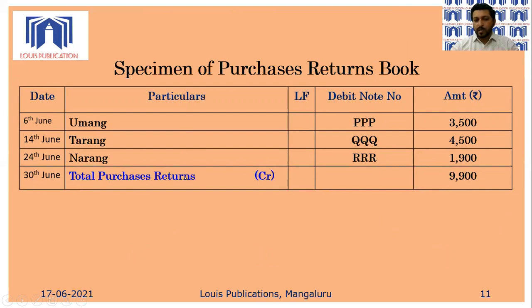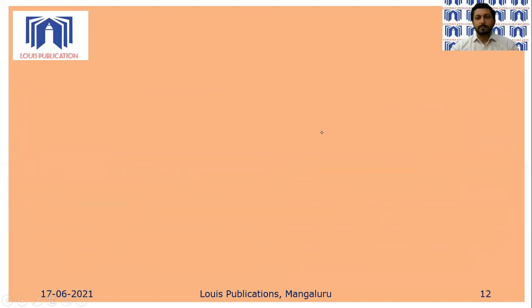I record total purchases returns. And we know very clearly purchases returns are going out, so credit what goes out. In this particular example, this 9,900 rupees, which is seen over here, will be credited to purchases returns account in the ledger book as by sundries account. Remember, purchases returns are going out, so credit what goes out is the point. So purchases returns account will be credited in the ledger book. Purchases returns book is different from purchases returns account. I have already told you that.